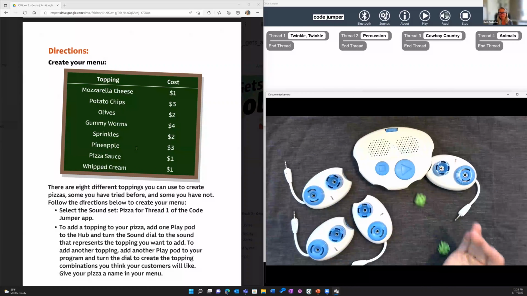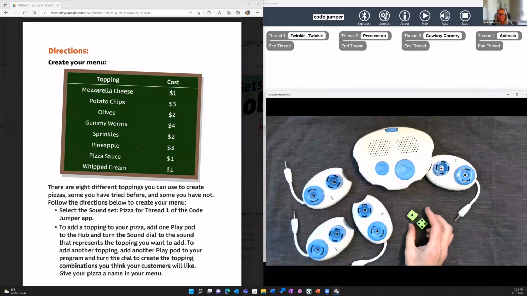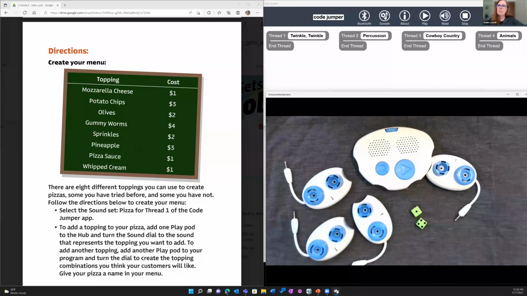Again, this is a puzzle that gets played over and over again. It has a lot of longevity to it because students like to create different puzzles with different things on it. Robin, looks like you rolled a 4 and a 1. Is that correct? That is correct. So you have $5 to spend.